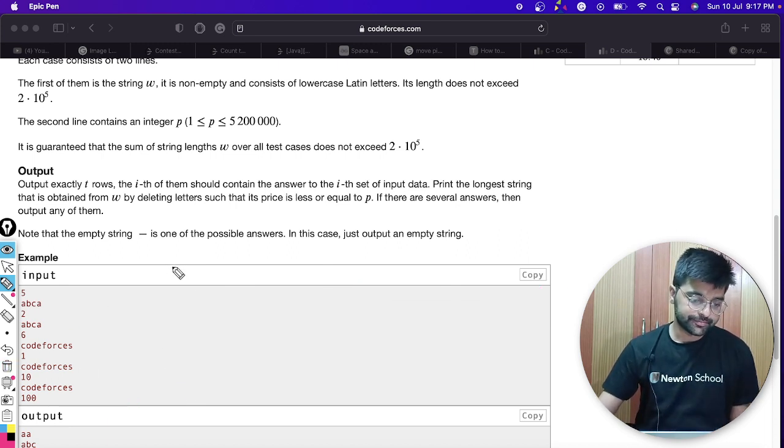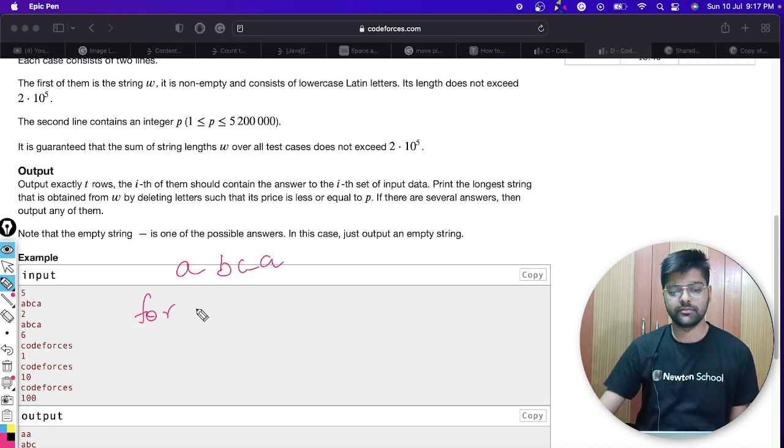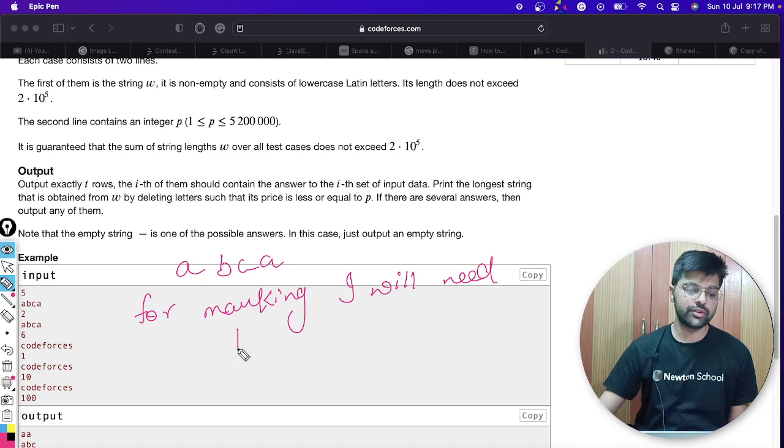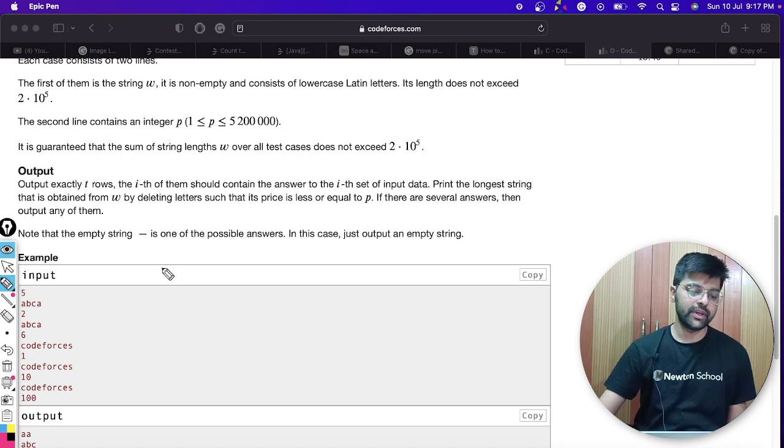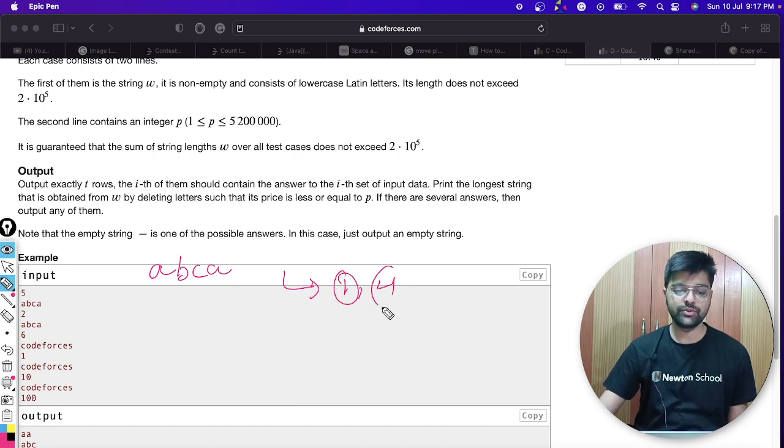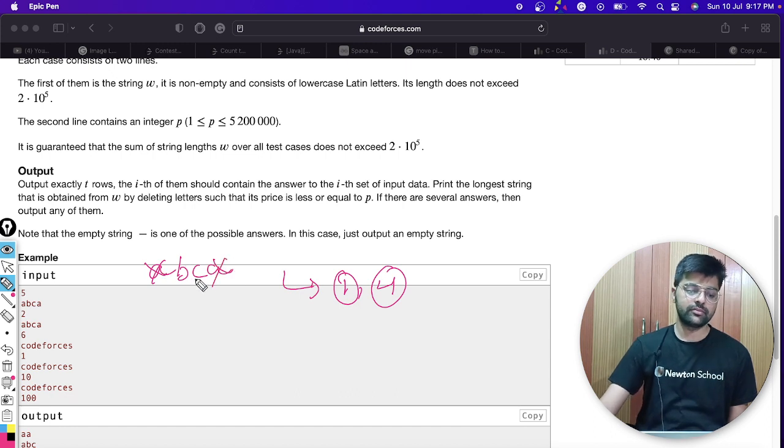For marking, I will need to store the positions of characters. Let's say I have to remove 2 A's in the case A, B, C, A. If you know that A's positions are 1 and 4, then we can traverse through them and remove these, marking them as not present.